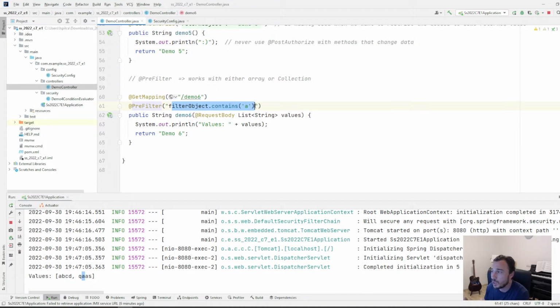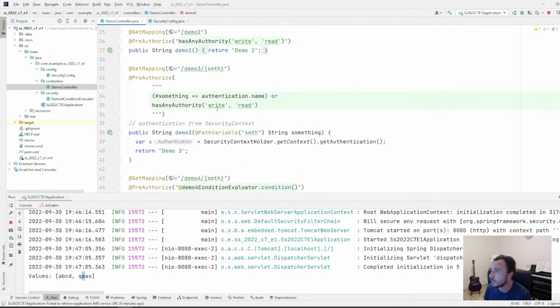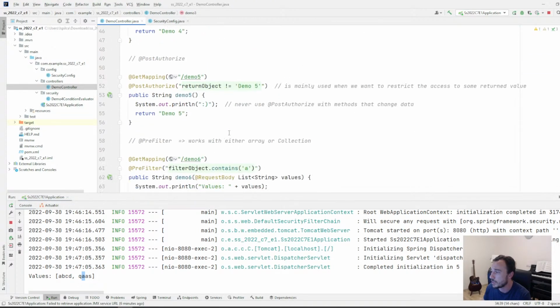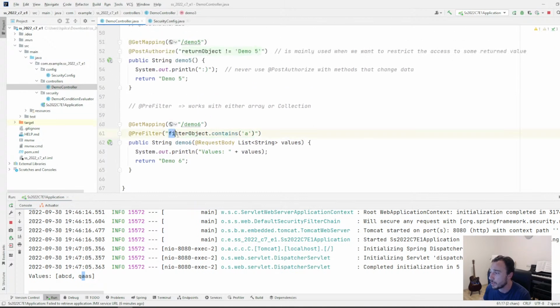It doesn't make sense. No, pre-filter is still part of the security dependencies of your project. So it makes sense only if this is really related to securing the method, which usually is to make sure that the objects sent belong to the authenticated user. It's usually something related to the authenticated user. So I didn't add anything here because I made a simple example, but same as I use the authenticated user in pre-authorize, the same way you can use it here,